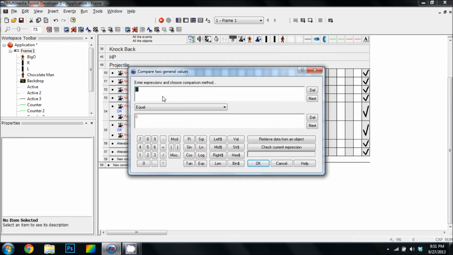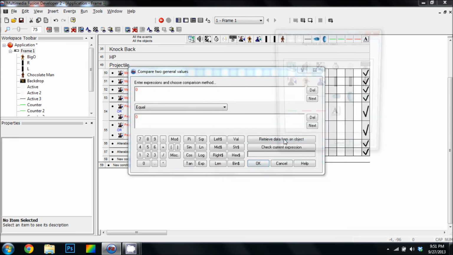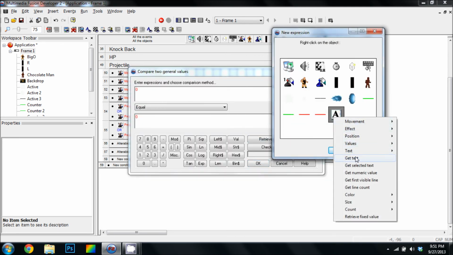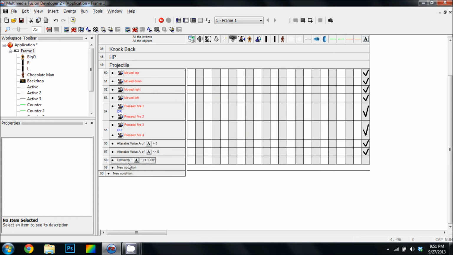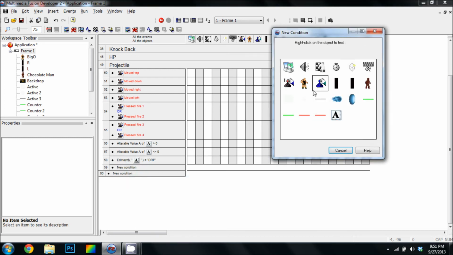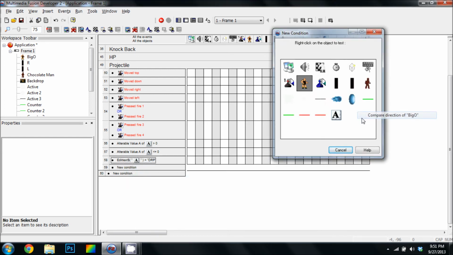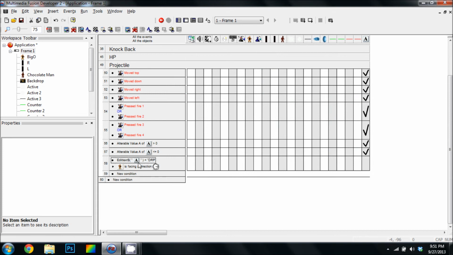Just gonna compare two general values. If this text is equal to, let's see, the half circle is the traditional fighting style trigger for projectile, so that's down, right, and punch. That's only if you're facing the right direction. So if that's right,